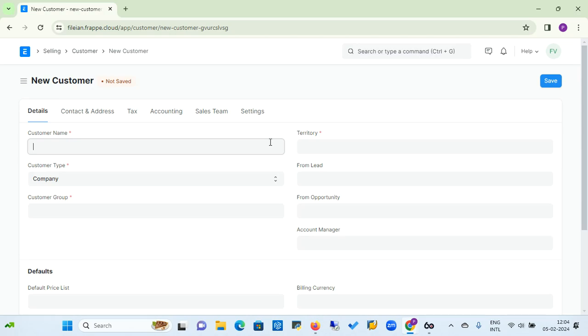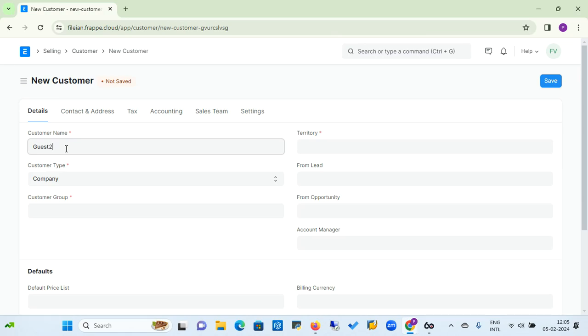It is applicable everywhere in the entire ERPNext application, whether it is the buying module, the selling module, or the accounting module. Everywhere, this kind of red asterisk sign is available. It represents that this particular field is a mandatory field. So in the selling module, it appears in front of the customer name. That means customer name is a mandatory field. So I am entering the customer name. My customer name would be